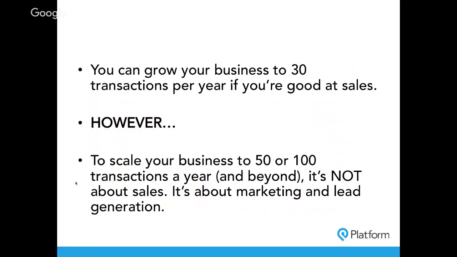So again, it's about breaking through that plateau, right? I have a couple slides on here that are dedicated to this, honestly, guys, because I just think it's so important. I've seen so many agents stuck around 30 transactions a year, and they just honestly don't realize what's going on. They don't know, hey, why am I stuck here? Why can't I get to 40, or why can't I get to 50 closings a year? Why can't I scale my business, right?